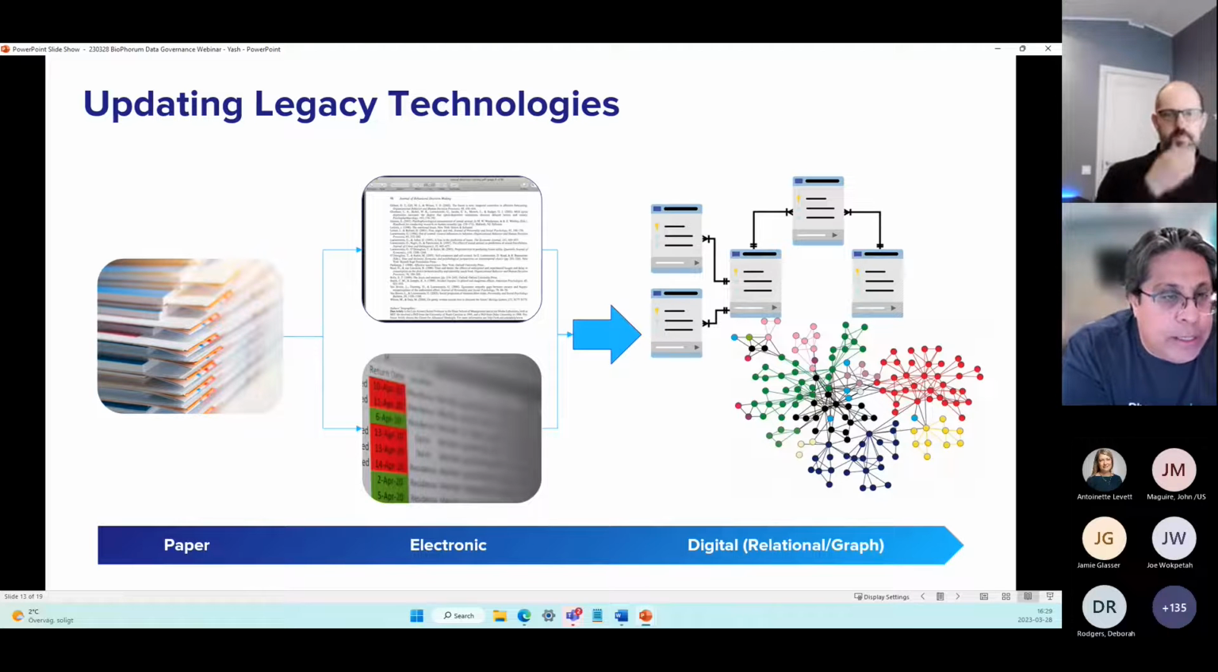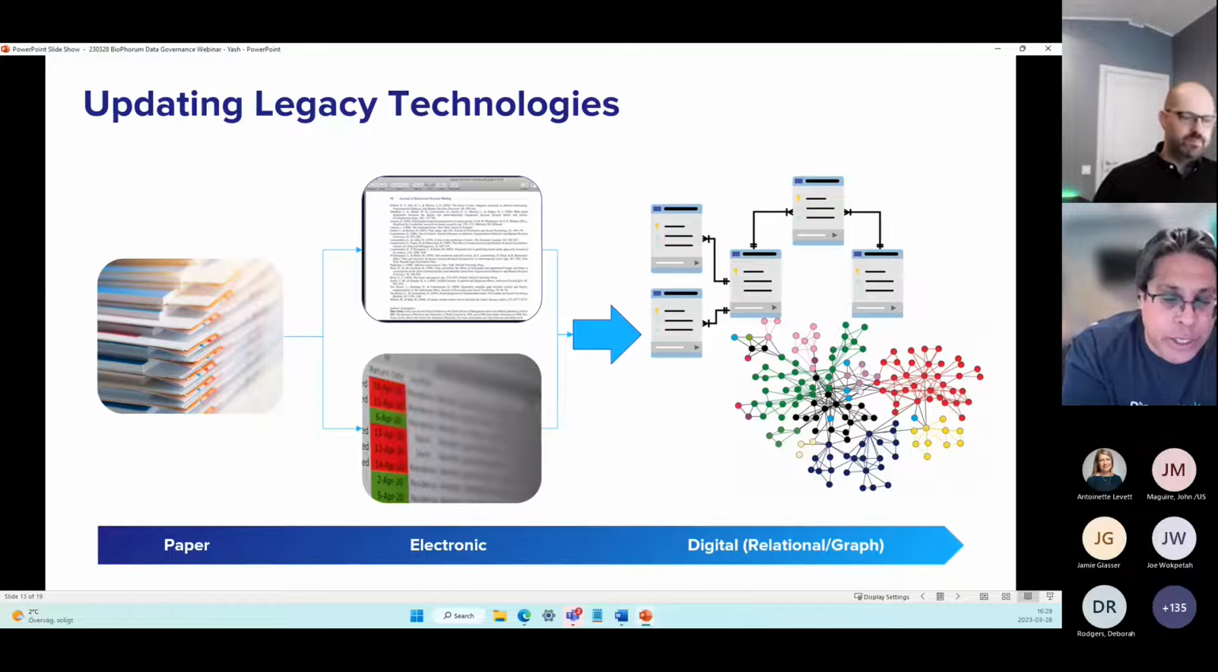So the final barrier is the idea of updating legacy technologies. And we have, over the past 20 years, spent a lot of time moving from paper to electronic. But electronic really was just essentially this idea of paper on glass, right? So replicating paper-based workflows or paper-based visualizations and presentations in an electronic format is what we've been doing for the past